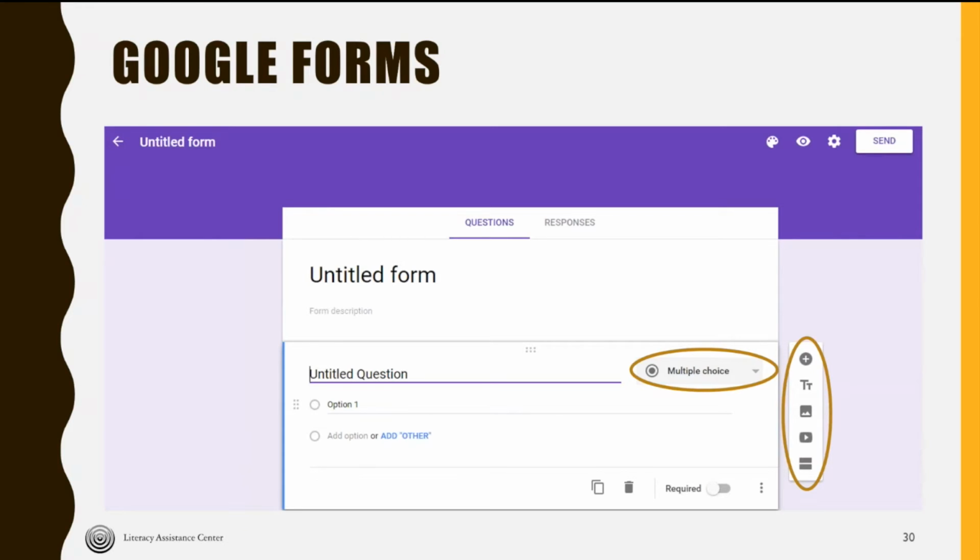Some of them are interpretive. Why do you think this person did that? And then some of them are open-ended. So what do you think is going to happen next in the story? And then what do you want to happen next? And then what I did was I collected all of that information and used that to craft the second chapter